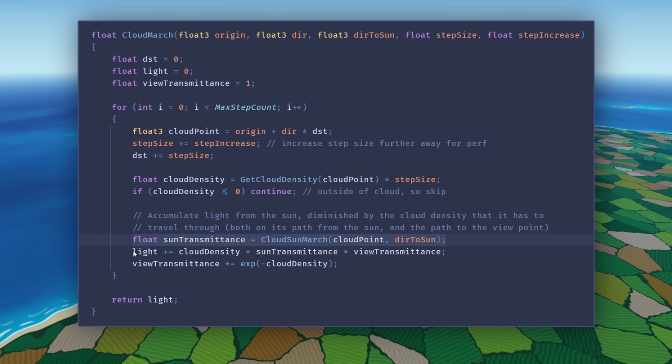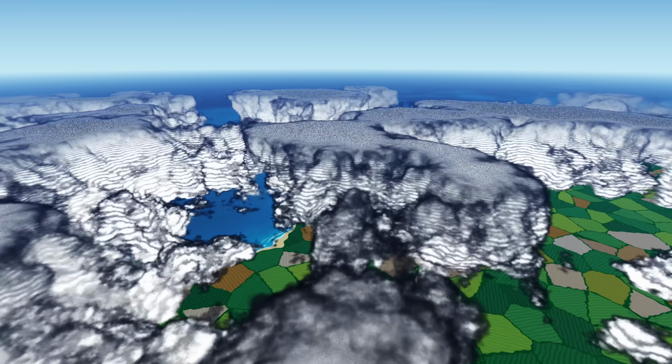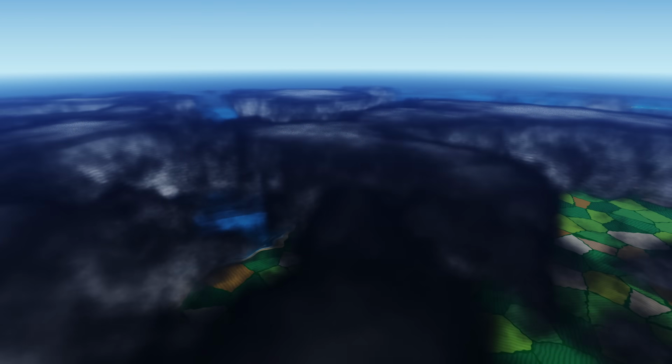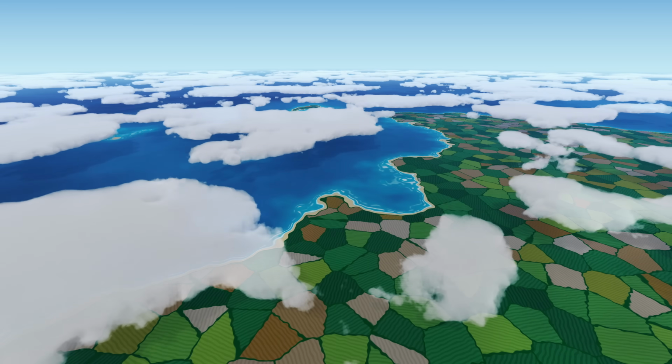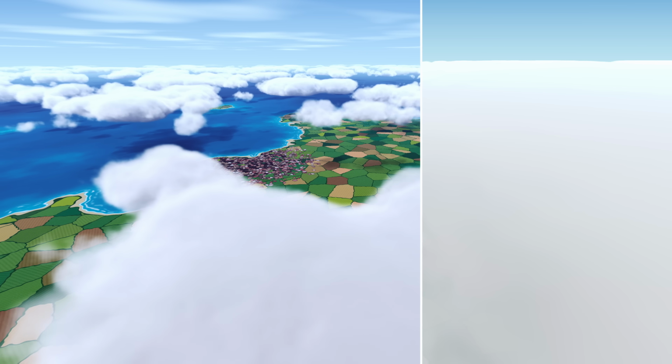Combined, these give us a rough approximation of the total light we should be seeing. Depending on our particular parameters, that might be more or less accurate. At the moment I'm leaning towards probably less. But it's always fun to mess around and see how it behaves with various values. I think it's looking okay now, so I'll set the plane in motion, and we can watch the clouds and